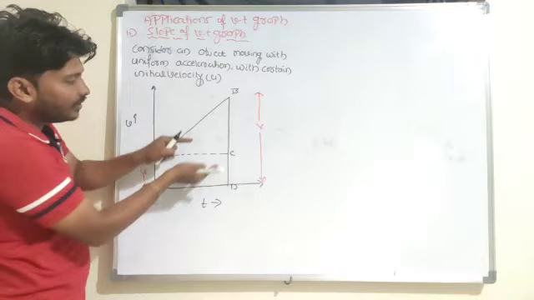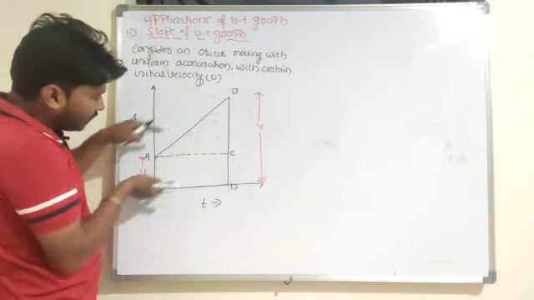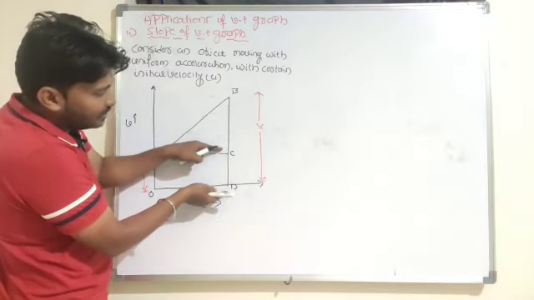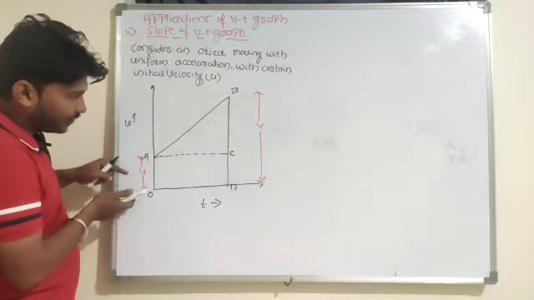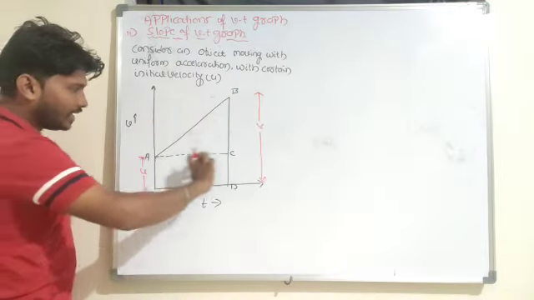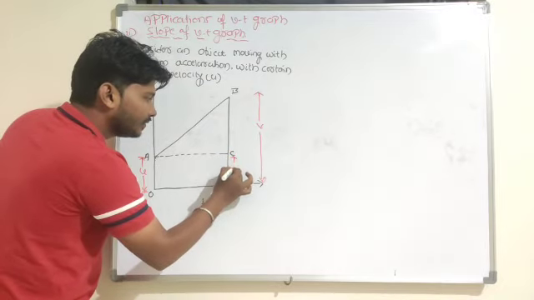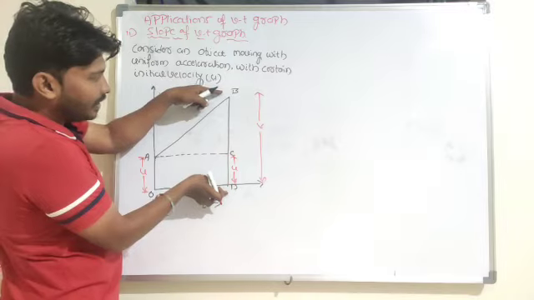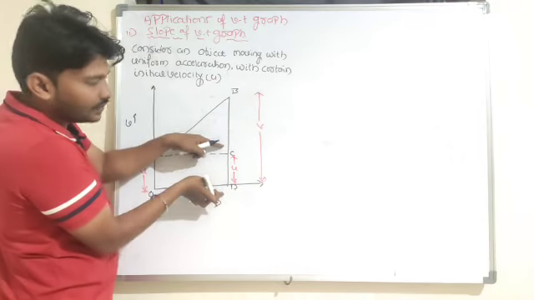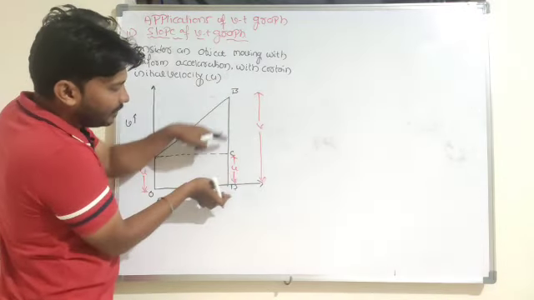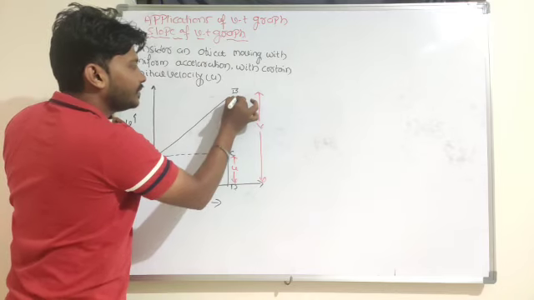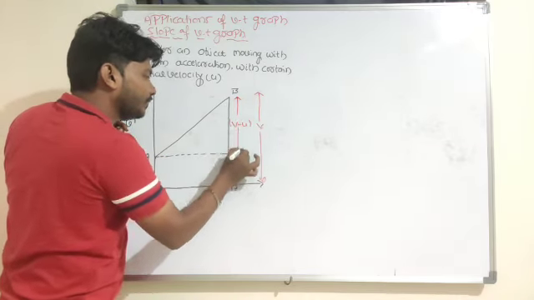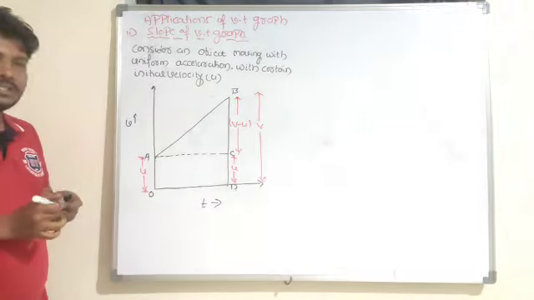So shall I find the value of BC here? This velocity is u, meaning OA is equal to CD. So CD is nothing but u here. Look, OA equals CD, which is equal to the initial velocity u. BD is v, CD is u, so the remaining distance is v minus u. BC I will take as v minus u. Hope you understand this diagram.